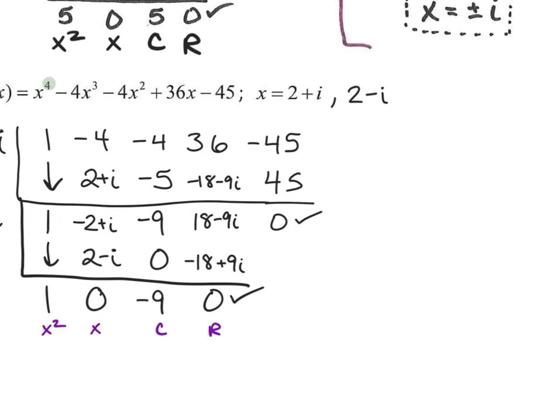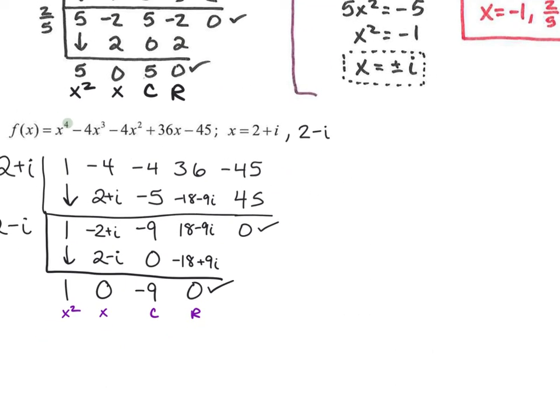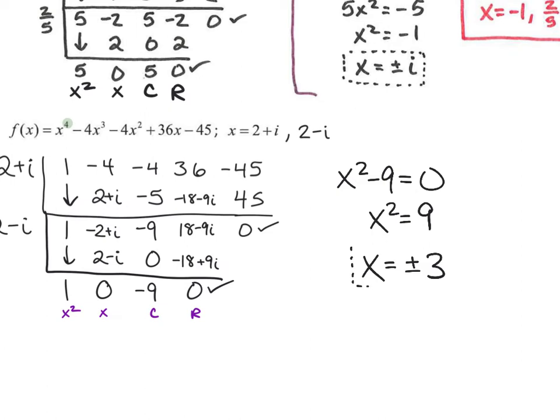Fabulous. Well, x squared minus 9 is what we're going to be solving on the side here, because that's the part of this function that we don't know the solutions for yet. What do I do to solve for x? Add it. Okay, and then I take the square root of both sides. What's the square root of 9? So plus or minus 3 are the other zeros. So if we were to graph this polynomial, we would see it crossing the x-axis at 3 and at negative 3. That was finishing finding all of the zeros,